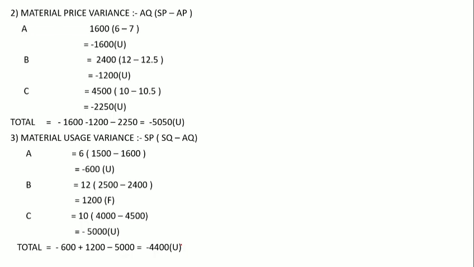Now number 4. Number 4 is material mix variance and the formula is SP in bracket RSM minus AM. RSM is used here because the total in the table we made was different, so here RSM will be used, and in AM, the AQ amount will be used. So moving ahead with the RSM, the formula of RSM is TAQ multiplied by SQ of one material divided by TSQ.